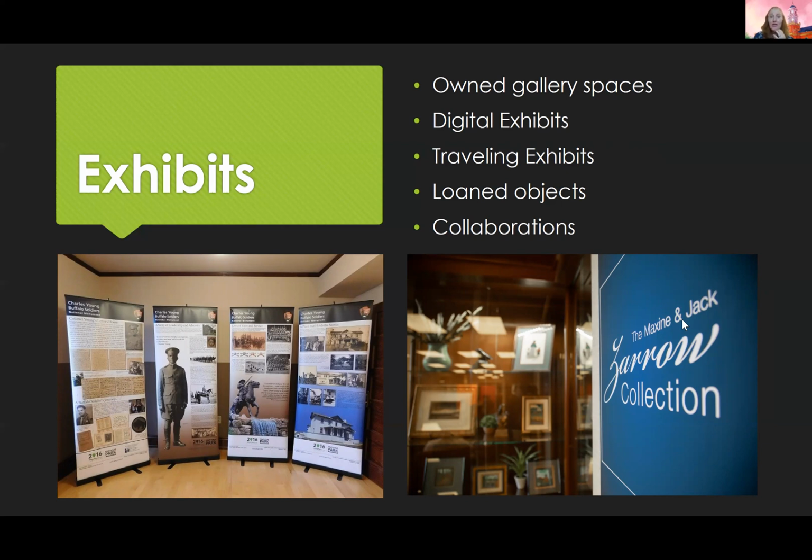Then we also have traveling exhibits. And we can think about traveling exhibits in a lot of different ways, right? If you don't have those gallery spaces, or even if you do, you might develop your own traveling exhibit, send it out into the world, so that you can hit those different audiences. That's the great thing about the traveling exhibits, is they go other places. Or you can maybe apply to bring a traveling exhibit to your organization. If you can find one on a topic that ties in well to your collections, bringing in this new, interesting, novel traveling exhibit can be a way to